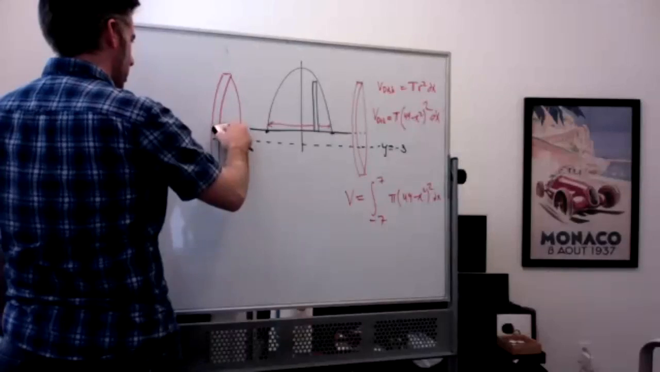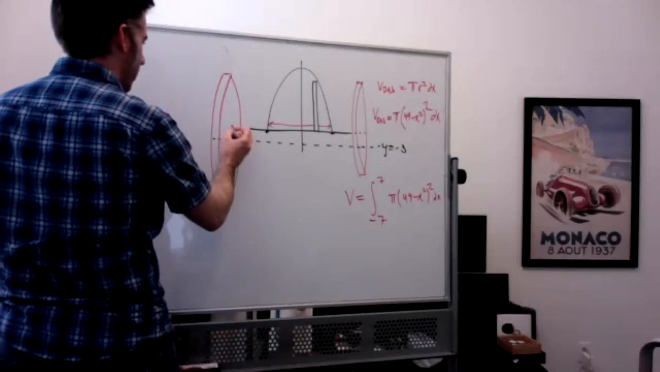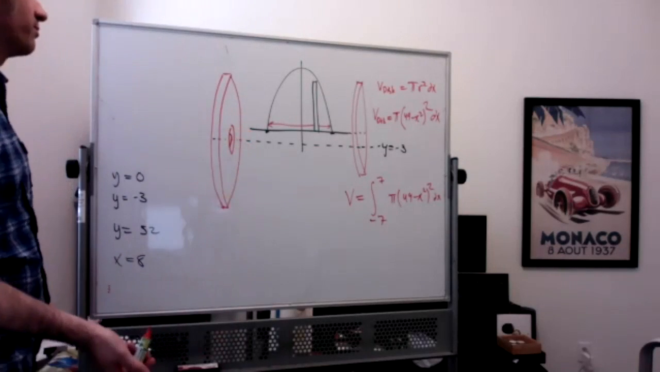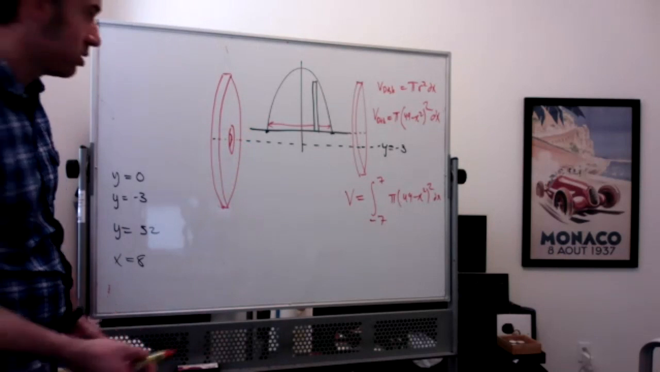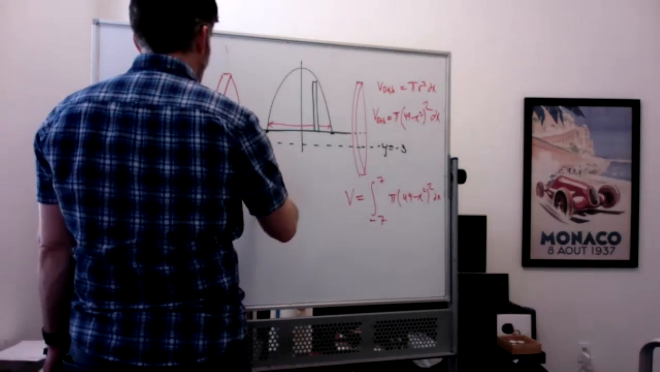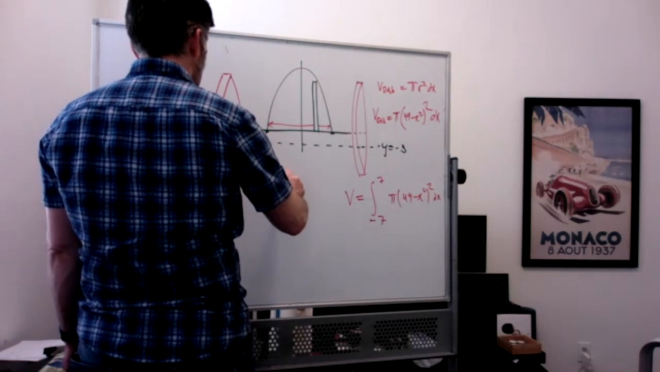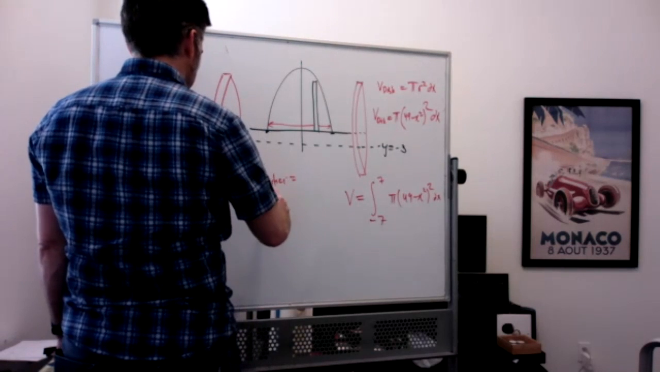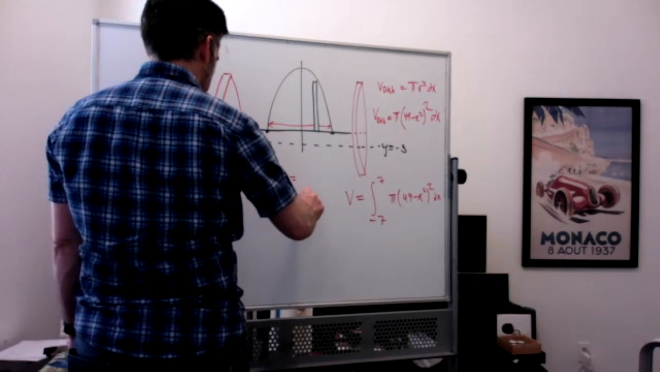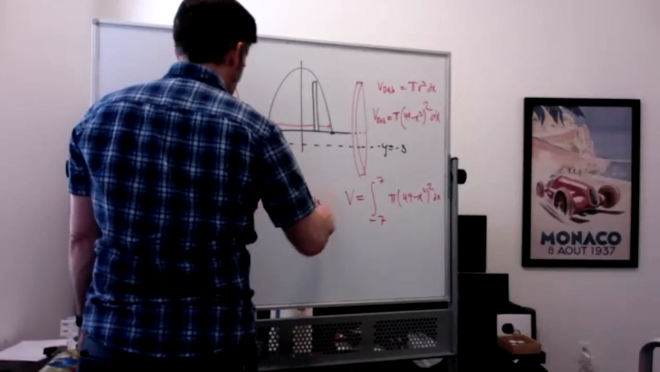That's the problem. Don't need that input there. There we go. So there's our washer. And the volume of this washer is pi times the big radius squared minus pi times the little radius squared times dx, which is going to